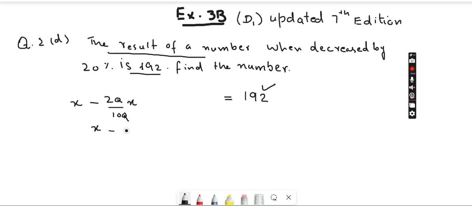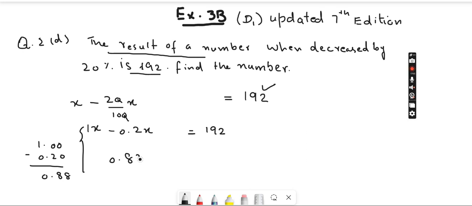So it becomes 0.2x is equal to 192, and this is 1x. 1 minus 0.2, you'll subtract it in this way, so your answer comes 0.8x is equal to 192, and simply when you separate x from here, 192 can be divided by 0.8, and your final answer comes